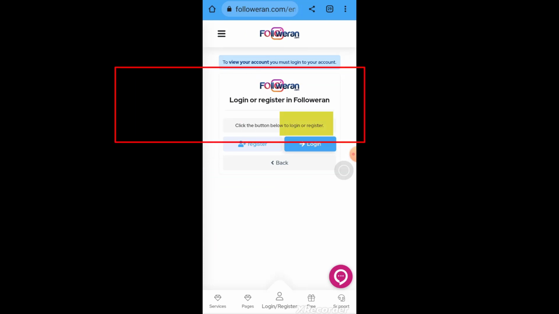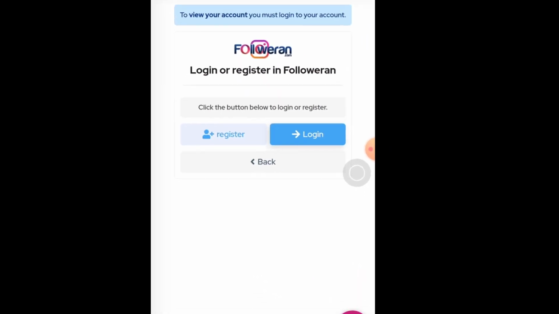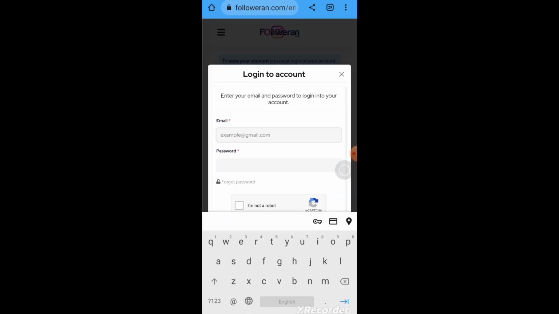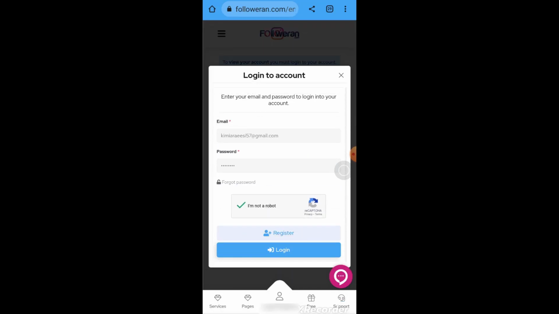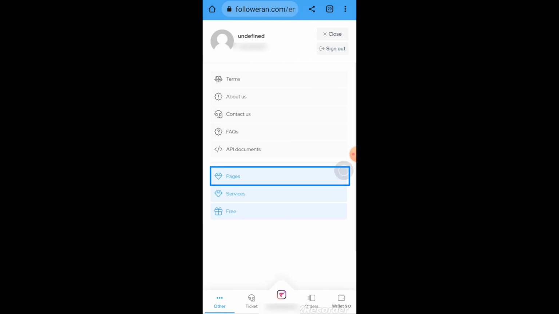For registering an order, you need to log into the panel first. So, you should enter your email and password and then log in. After doing reCAPTCHA, you can log into the site. Here, you can see the dashboard, and with the icon Other, you can use pages and services and everything you